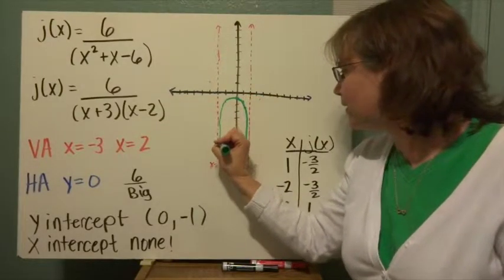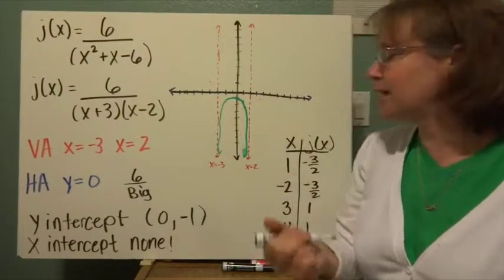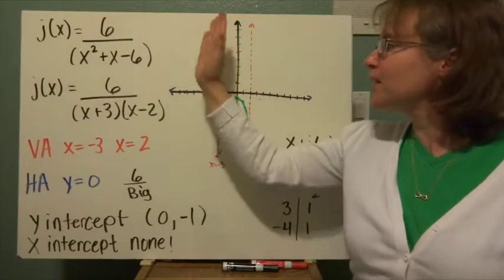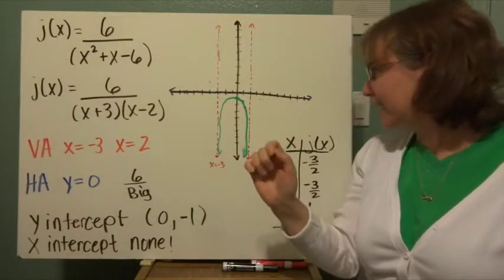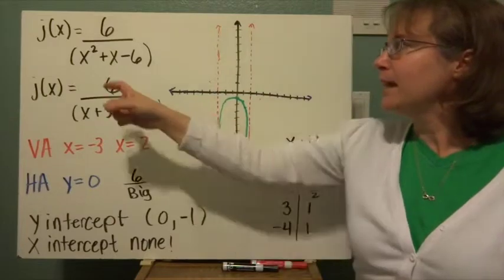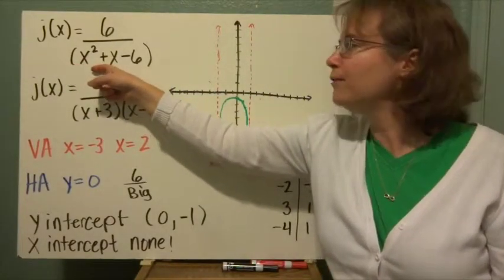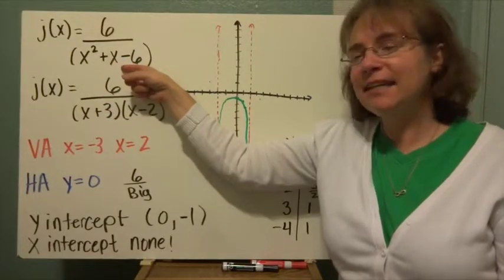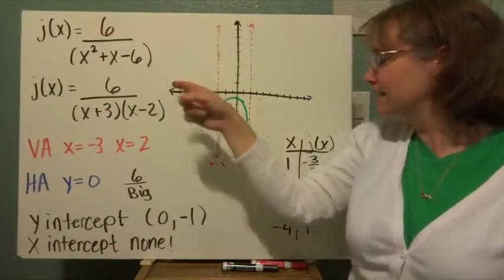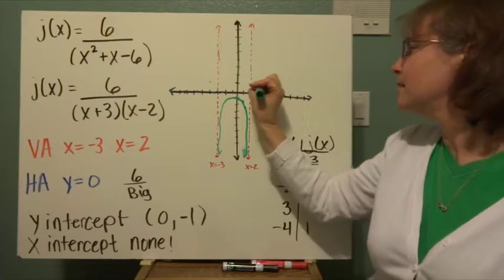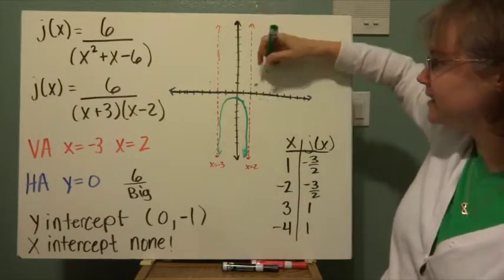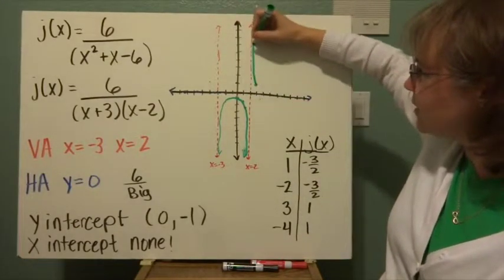I know it's doing something like this, not touching. All right, so then I want to try some values on this side and on this side. So I'm going to choose a 3, and if I choose a 3, 3 squared is 9, plus 3 is 12. 12 minus 6 is 6. 6 over 6 gives me a 1. So I know this looks like this, and so this is approaching this line